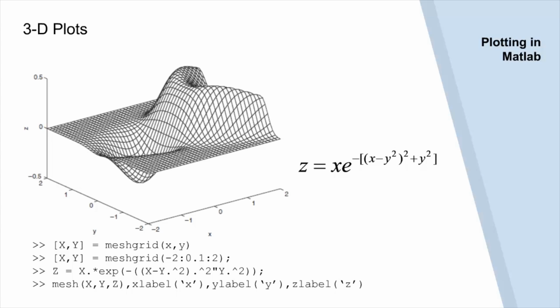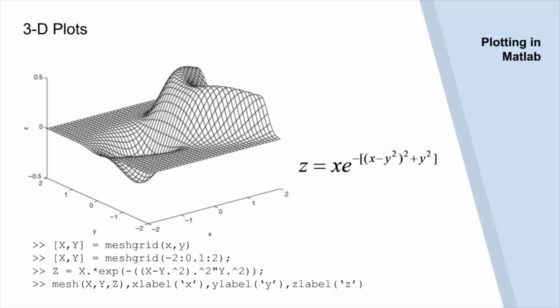Here we first create a meshgrid. As we want both x and y to have the same minimum and maximum values and the same spacing, we have passed the array from -2 to 2 with a spacing of 0.1. That is done in the code here. Then we write our function z of x and y. We have z as x e raised to minus ((x minus y) square plus y square). The equation has been shown here.